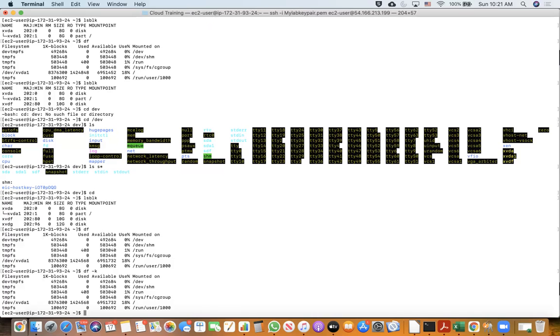So the number one thing that I need to do is, this is one command that we run in Linux.